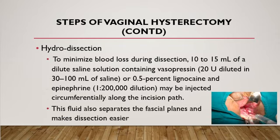Either 10 to 15 ml of a diluted saline solution containing vasopressin is given, or lignocaine is given along with the epinephrine. Epinephrine is contraindicated if the patient is hypertensive. Some surgeons do not prefer to give these